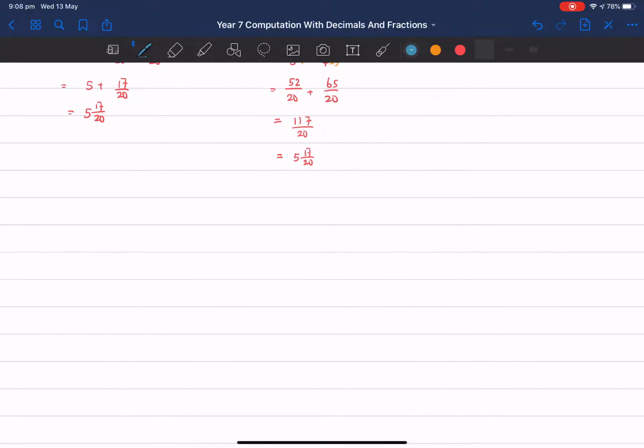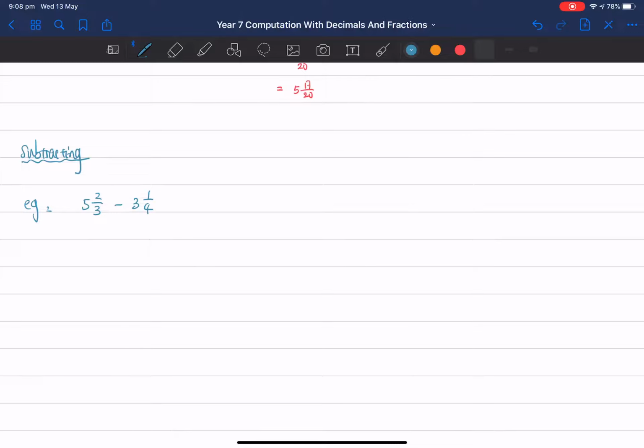Okay. All right. So let's do subtracting and let's just do one question. 5 and 2/3 minus 3 and 1/4. All right, so with this question here, the way I do it, I really like to do the question by using the second method. All right, so simply just change everything into the improper fraction. So it's much easier, all right, for us to,